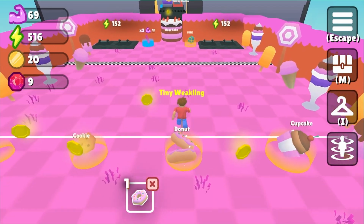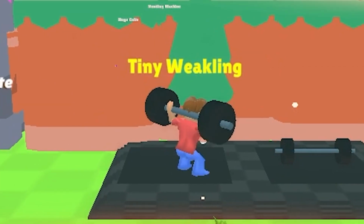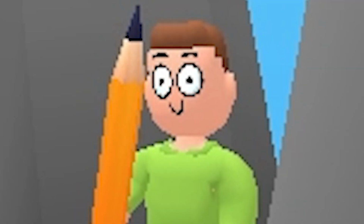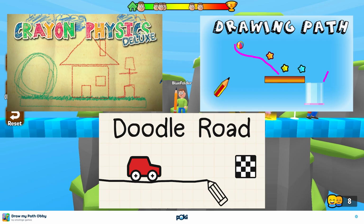And I only played long enough to confirm that after Noob, the next level up is Tiny Weakling? And frankly, game, how dare you? Draw my path, Obby. Yeah, Obby, what the hell are you waiting for? Draw my path already! I swear I've played games like this a million times, but I still get a kick